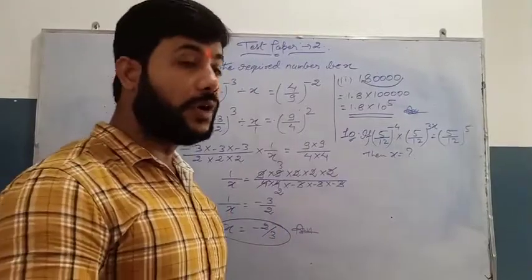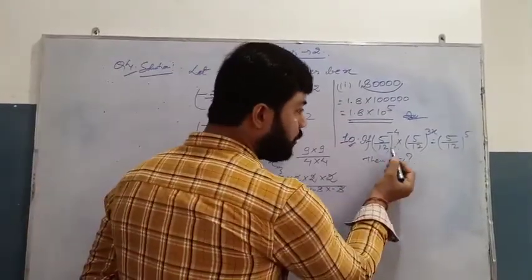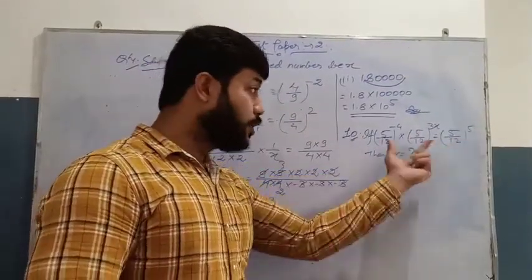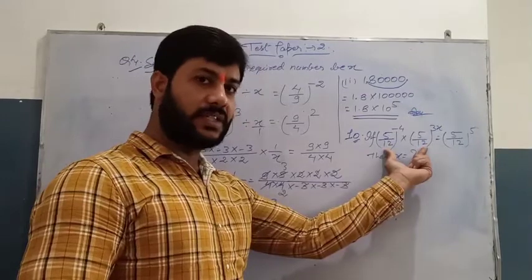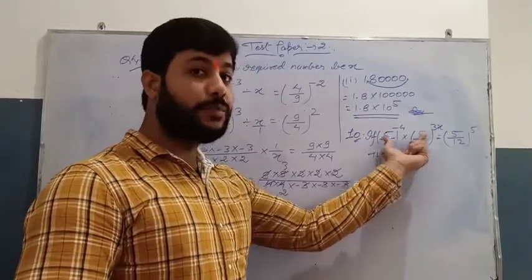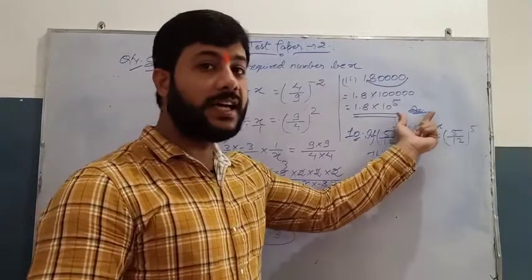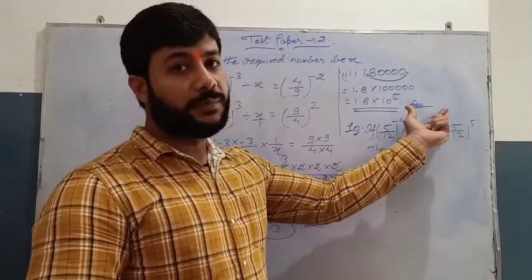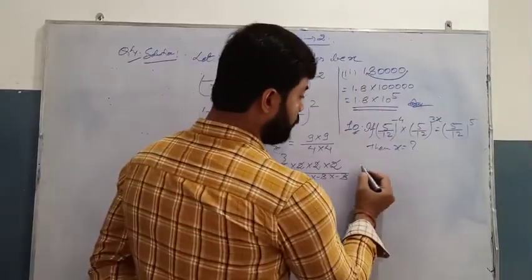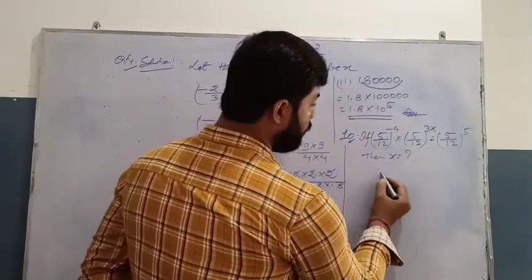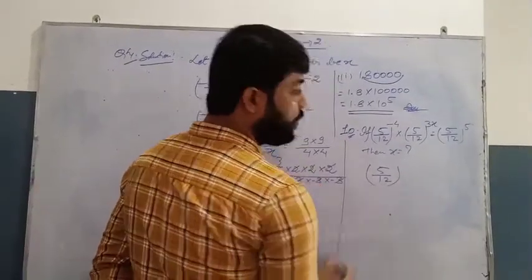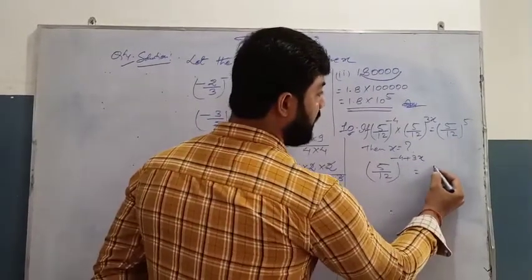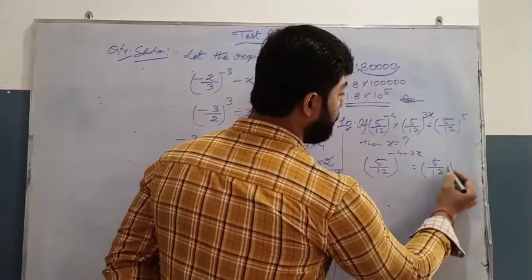We have to find the value of x. Now we can see 5 by 12, 5 by 12, 5 by 12, on both sides, LHS and RHS. So once the same numbers are multiplied together, we have to add their powers, we have to add their exponents. If they are divided, we will subtract their powers. Okay, do remember, students. So we will solve it. We will take 5 by 12 once. Since we have to add their exponents, that will be minus 4 plus 3x. And here we will have 5 by 12 to the power 5.